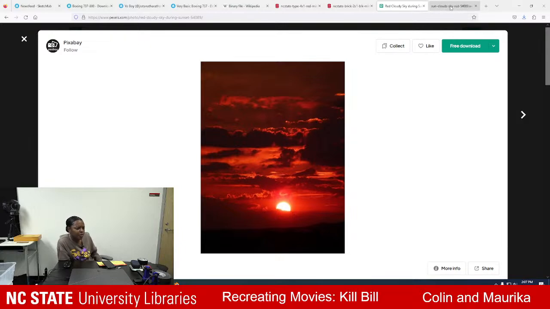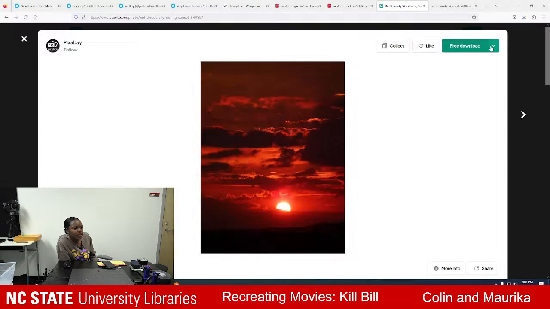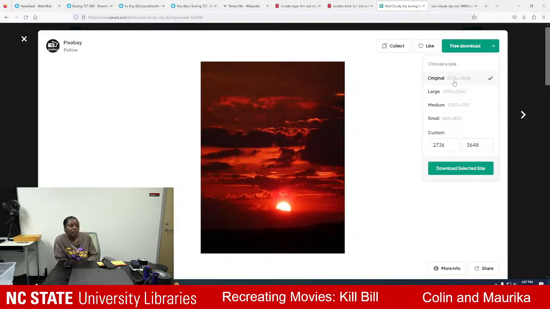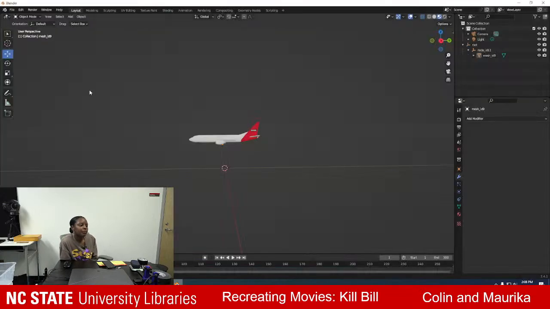And if you click on the drop down, you can choose what size. Ooh, these are fine. Yeah, 2736 by 3648. That's as high res as I need. And I'm going to crop it because I don't want the sun in it. Cool. And then we'll use our